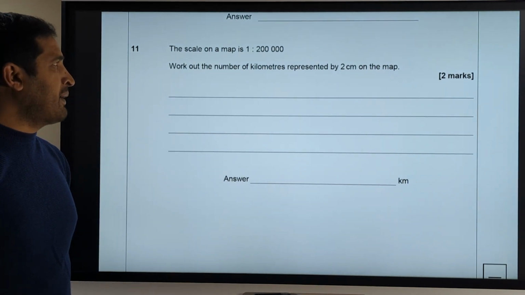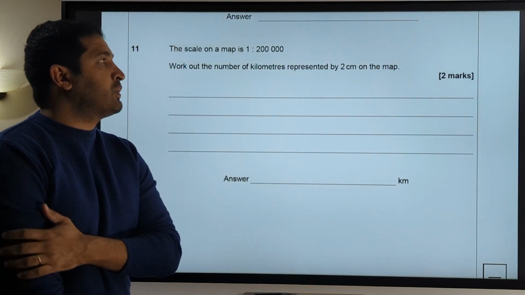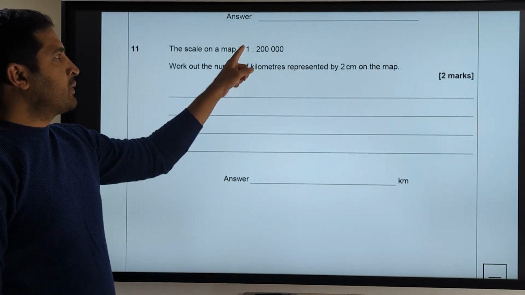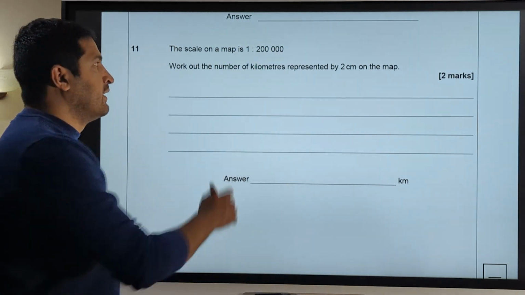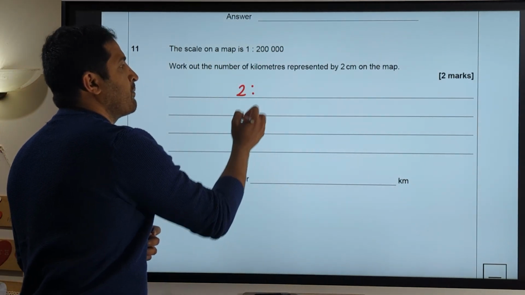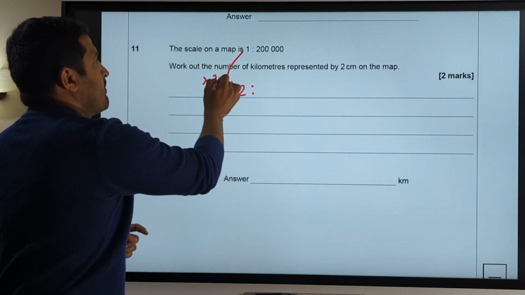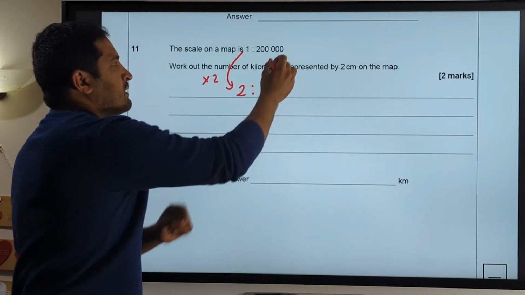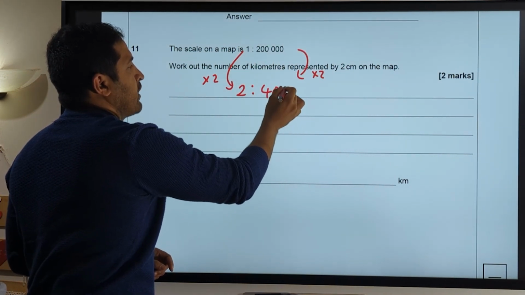The scale on the map is 1 to 200,000. Work out the number of kilometers represented by 2 centimeters on the map. So if there is 1 centimeter on the map, actually that's 200,000 centimeters. So we have 2 centimeters on the map. I'm going from 1 to 2, so I'm timesing it by 2. I need to times the other side, the actual distance, by 2 as well. So that would be 400,000